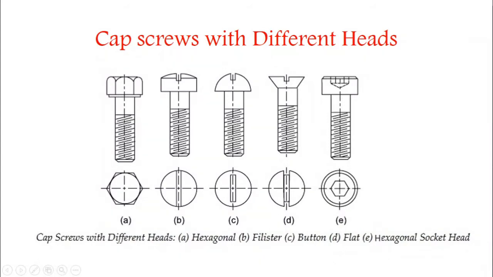For the same overall dimension, square head has wider face than hexagonal head. A higher tightening torque can be transmitted in the square head. Alternatively, for the same torque, wider face has a longer life. That means wider face means square head, and square head has a long life. Square head cap screws are used in jigs and fixtures.